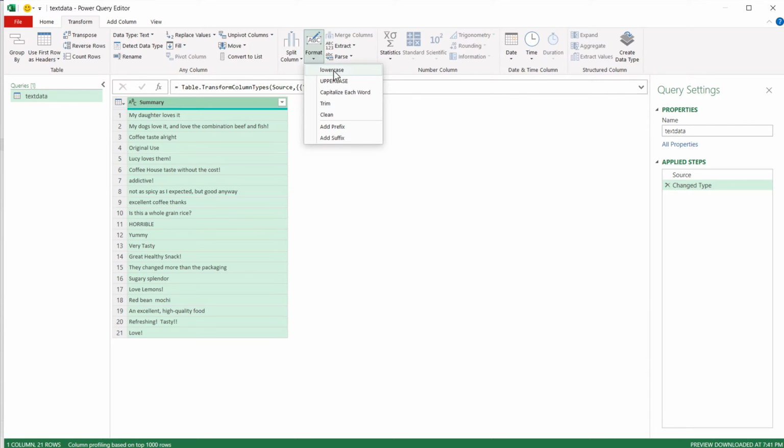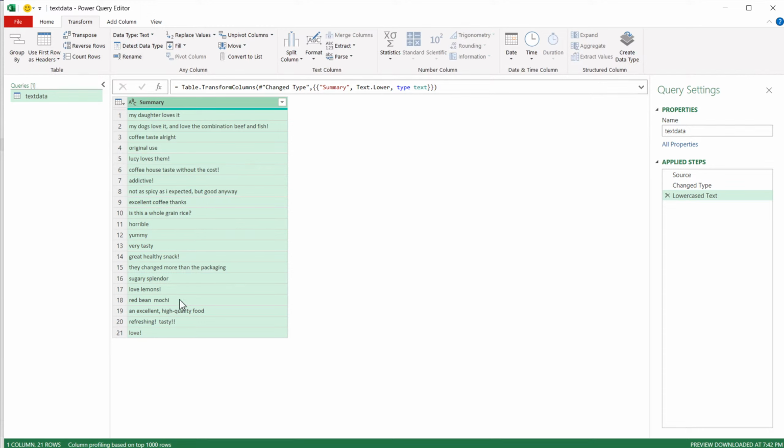See, format, I have lowercase. I'll do that. So I'm going to first convert this entire column of text to just lowercase. Now you can see this is all lowercase. That looks pretty good. The other thing you would probably want to do here is replace any extra characters you